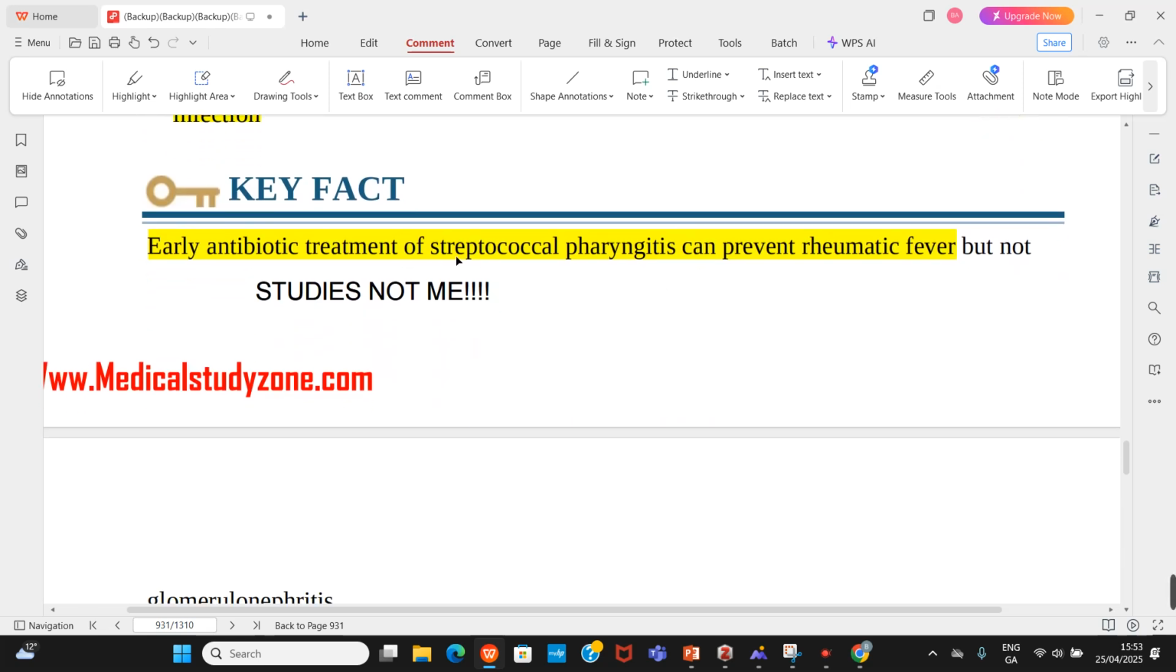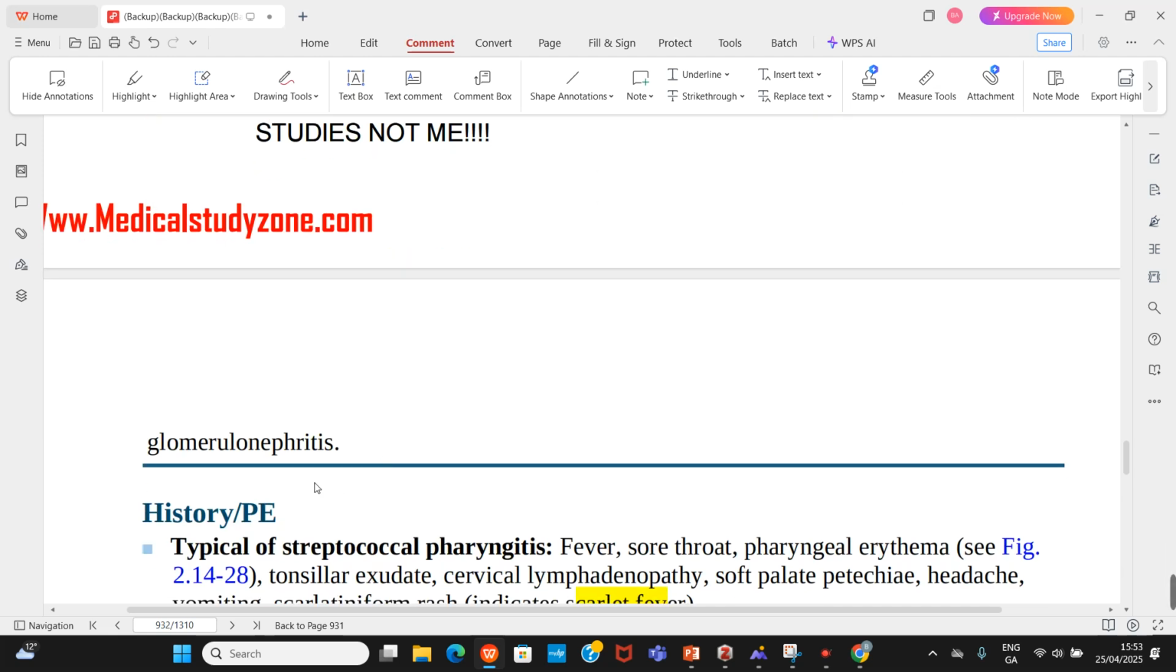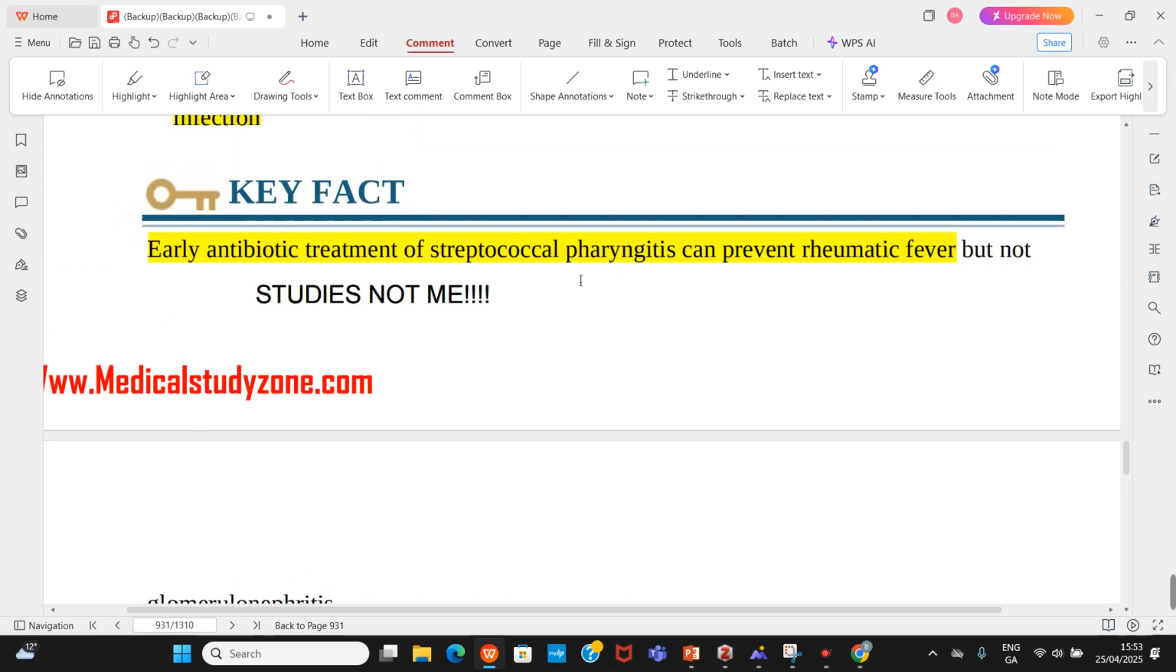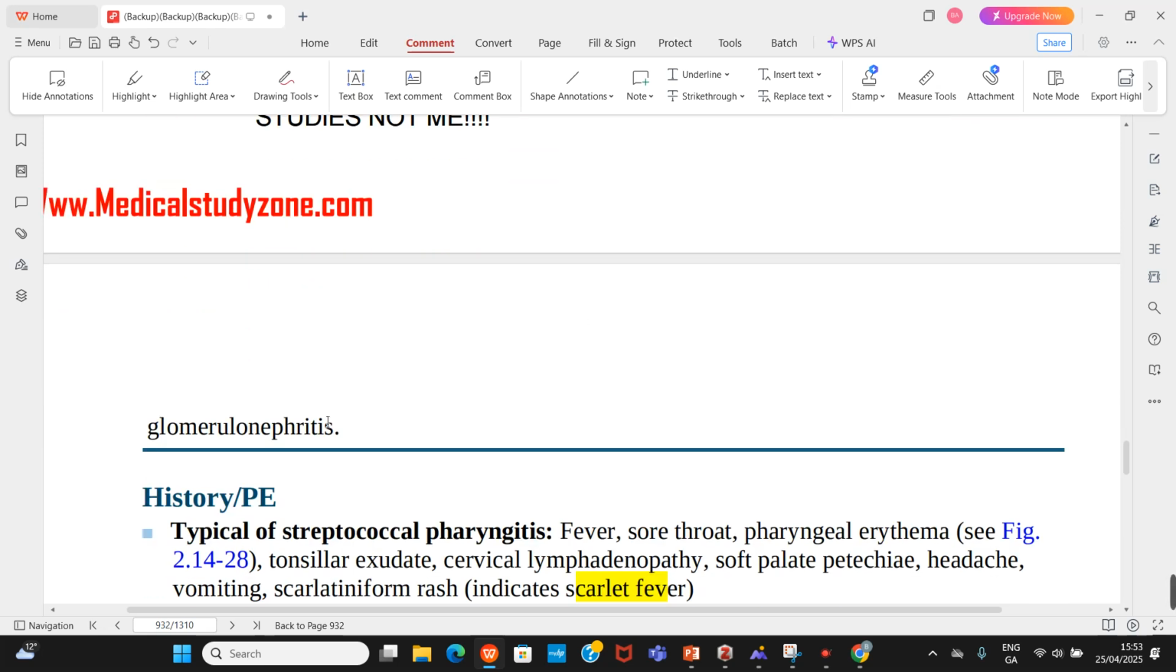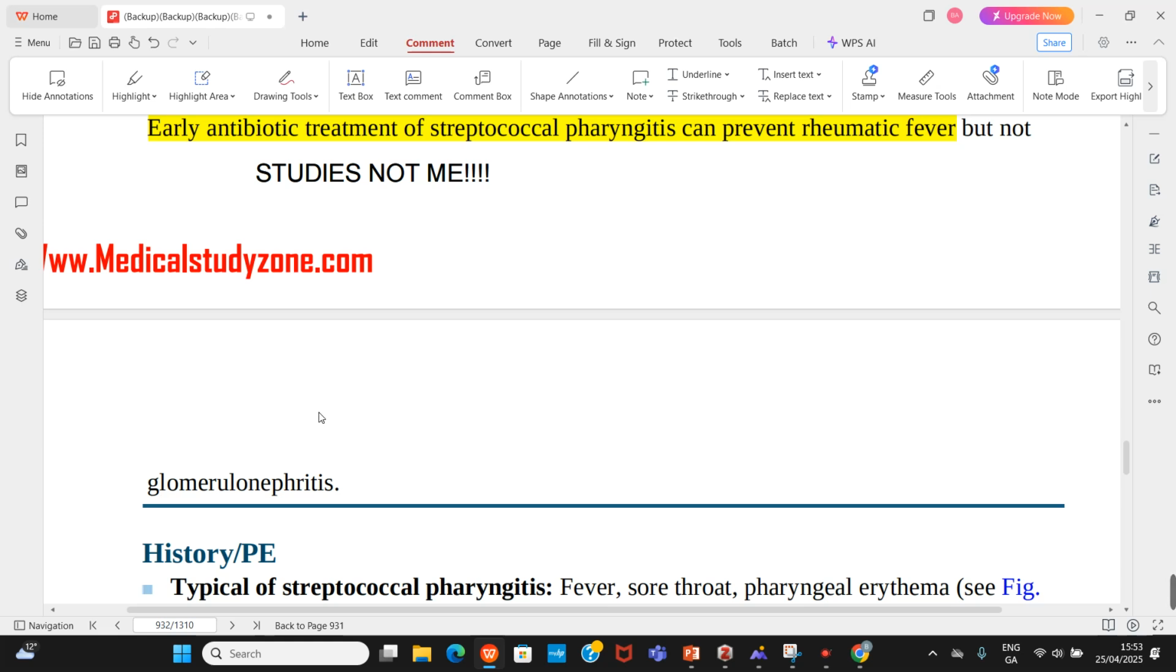Early antibiotic treatment for streptococcal pharyngitis can prevent rheumatic fever, but not prevent nephritis. So don't forget that. If somebody is having streptococcal pharyngitis and we are starting the antibiotics, they could ask us in our exam what that is going to protect against. They'll put rheumatic fever there, they'll put glomerulonephritis. People will be confused. So the best thing to pick there is rheumatic fever and not